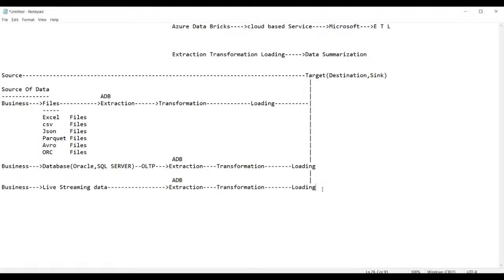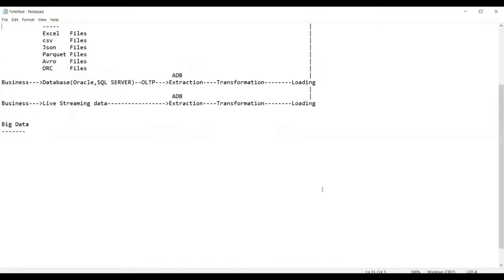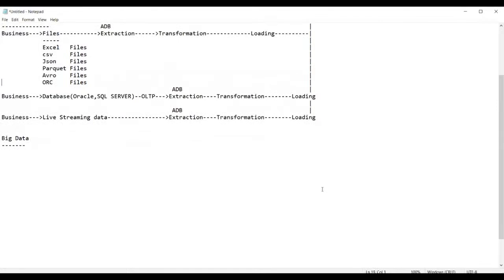Now, guys, next one. Let us see exactly what big data is. What is big data? Big data is nothing but the data you are getting from the business. Big data is not a great concept where you need to get confused. Just split it, guys.